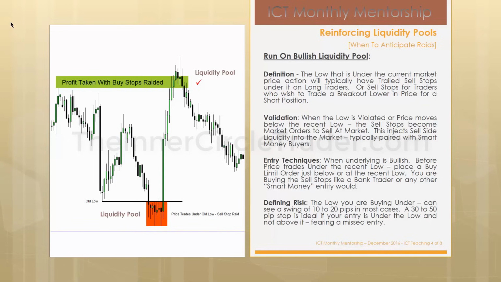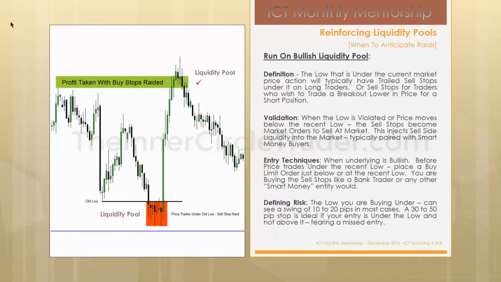Entry techniques using this concept: when the underlying market is bullish, before price trades under the recent low, you're going to place a buy limit order just below or at the recent low. You're buying the sell stops like a bank trader or any other smart money entity would. Defining the risk with this setup, this is where your work is going to be. You're going to need to see the low, identify how far it could reasonably trade below it,